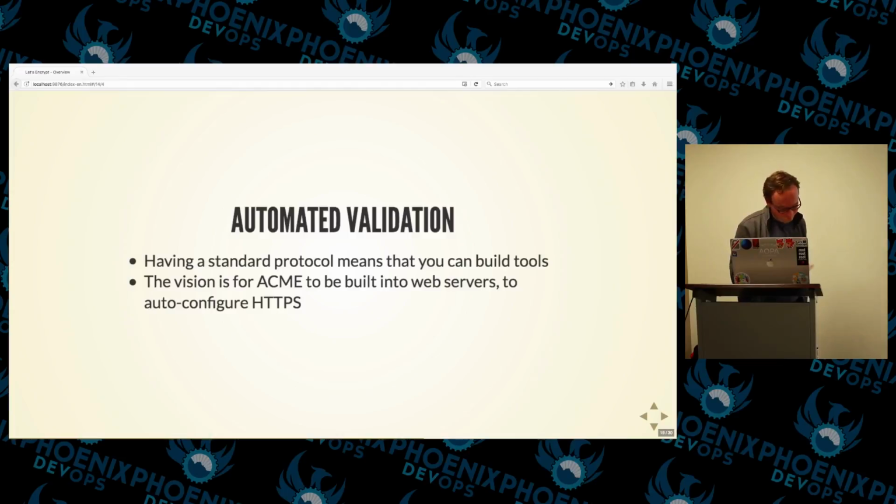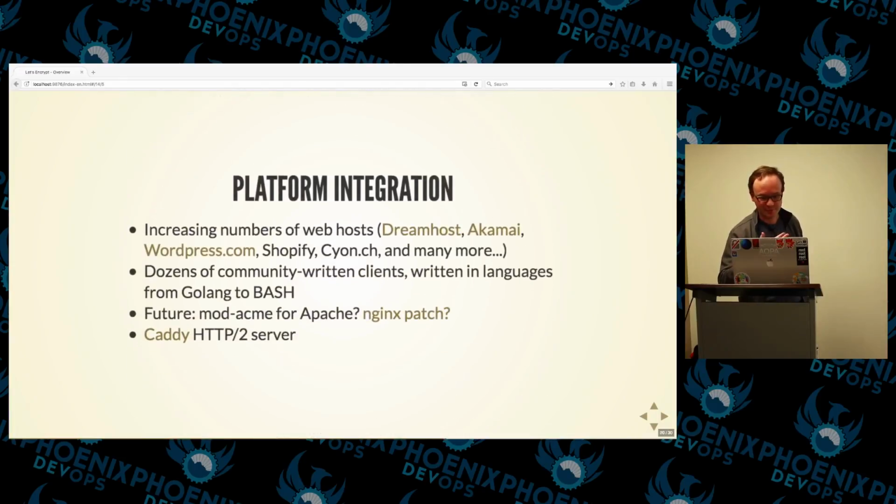So this is a tool that you can go use to build your own scripts and so forth, but you're not alone out there. There's a whole bunch of web hosts that have integrated with Acme, and thus with Let's Encrypt, and soon with StartCom once they go back online. And there's dozens and dozens of clients that implement the Acme protocol.